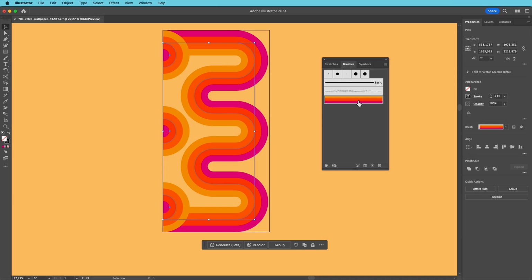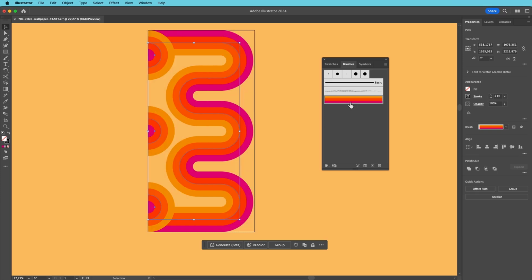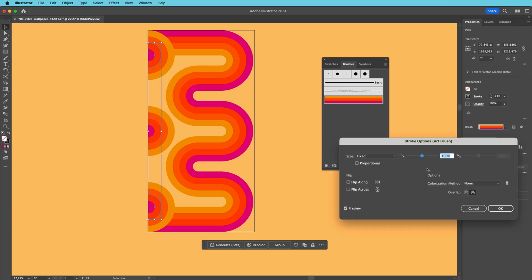I think it looks great, but it might look even better if we flip the line direction of the top and bottom circles. Select the top half circle with the selection tool, then hold Shift and click the bottom half circle to select them both. Then click the brush options of the selected object button in the properties panel, check the flip across button and